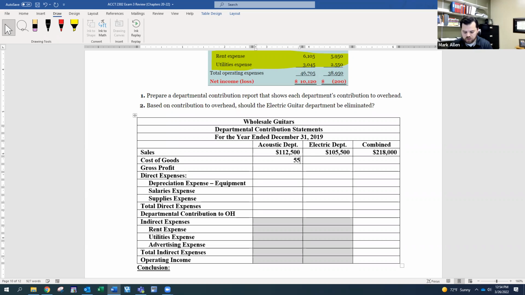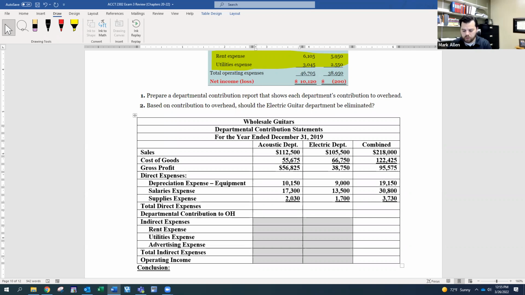For cost of goods sold, we're told this is 55,675 and 66,750 for a total of 122,425, which gives us gross profit. This is gross profit for acoustics of 56,825, for electric of 38,750, and for a combined total here of 95,575. Now, my depreciation expense on equipment was 10,150 and 9,000, giving us a total here of 19,150. For salaries expense, this is 17,300, 13,500, giving us a total of 30,800. For supplies, this was 2,030 and 1,700, giving us a total here of 3,730, giving us total direct expenses